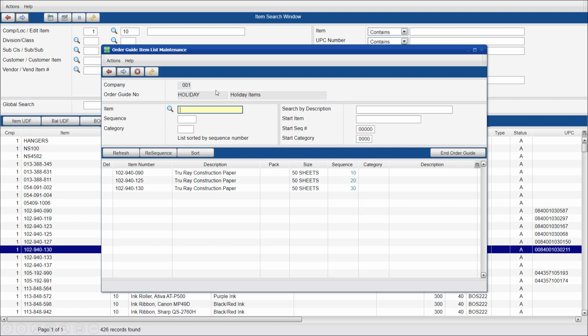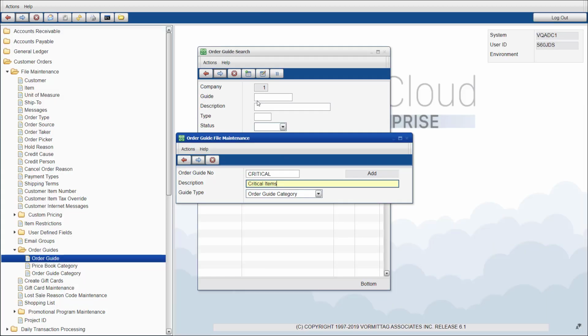I've also seen a similar guide where people have created guides for dead stock items, where they're trying to push some dead stock items, and they want their customer service representative to bring those up during order entry and say, hey, do you need any of these products? You could even tie a promotion around them, but that's another feature of the way people use it, okay? Another option with guides